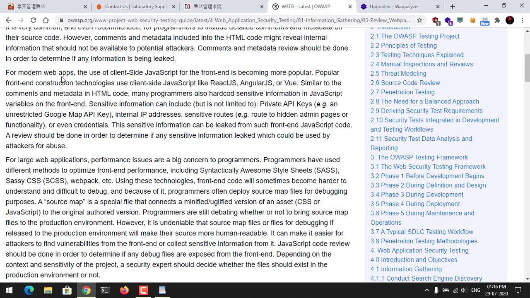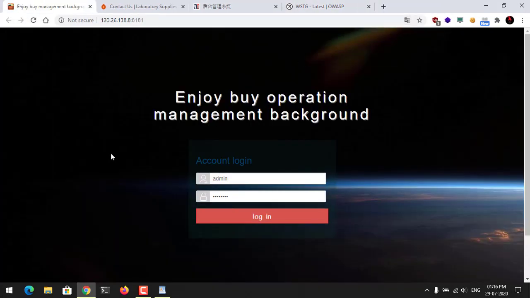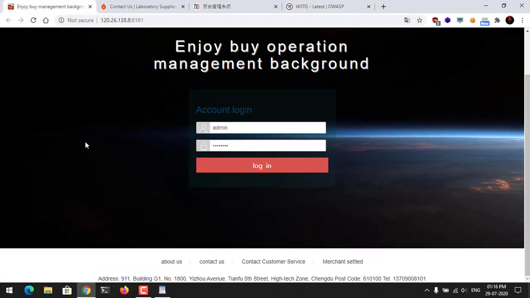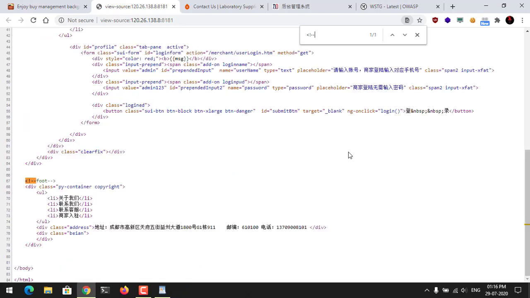I was exploring a few websites and I came to this website, and there was an admin page, and I did the same thing. I went to the source code, did Control F and searched for the smaller than sign, and I was trying to check, but there is only one comment available.